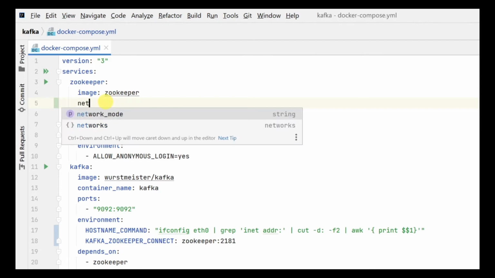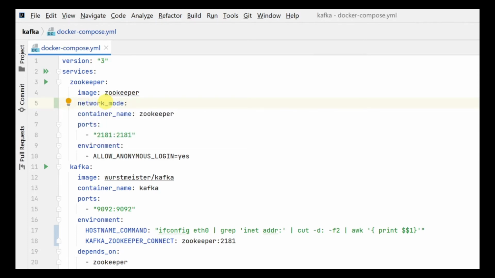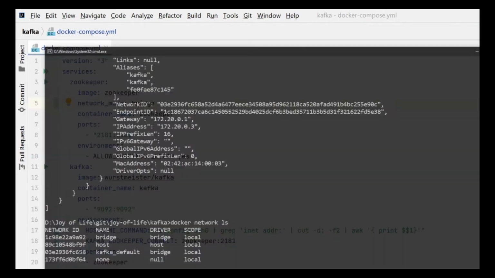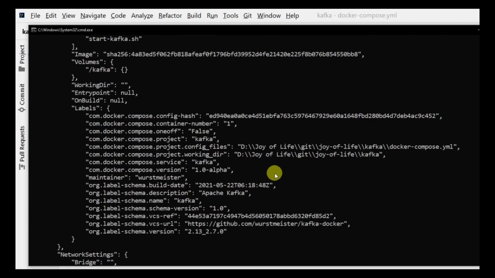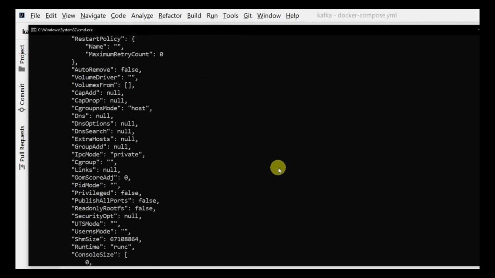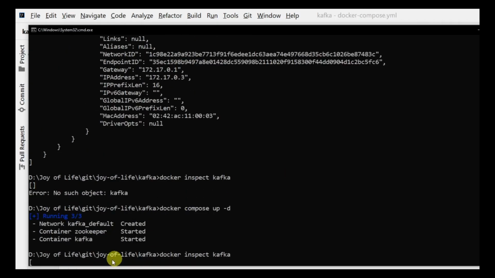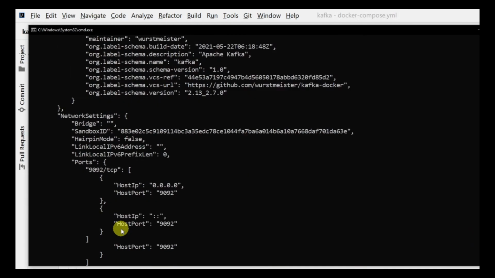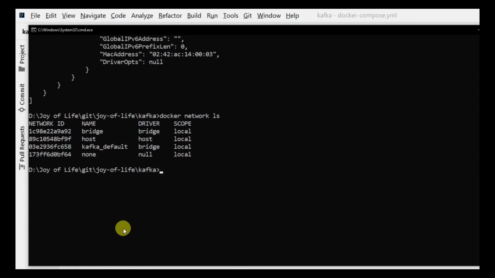So after image, you can put the network mode and you can set this as your default bridge, right? So that was the name we had, right? It was called bridge. And if you have observed closely, when I started the containers over here, it started a Kafka default network as well along with it. So we don't want that. We want to run this as a part of the same bridge.